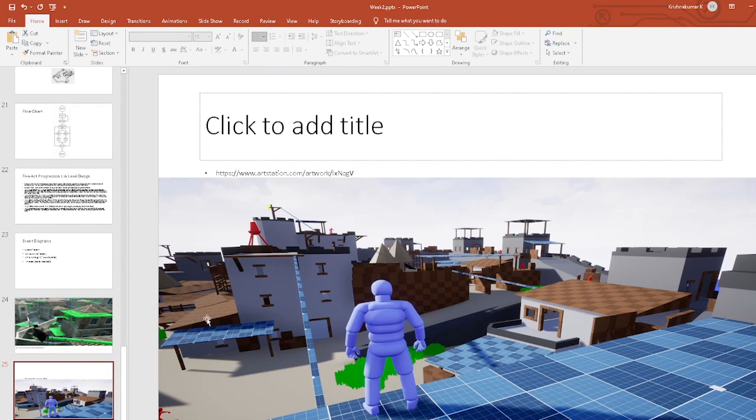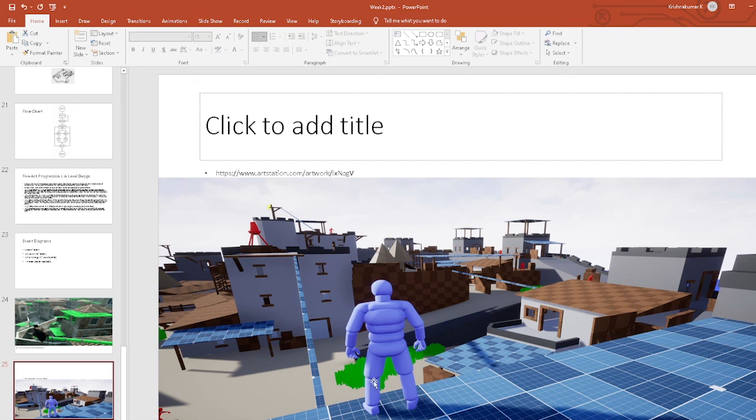This is the first level, taken from ArtStation artwork. It's a kind of analysis of Assassin's Creed. Here you can see green patches where we can hide. The blue information shows that we can walk, climb, and interact, and there are certain red interactions where we can attack. There is also yellow. All these things are used for interaction purposes.